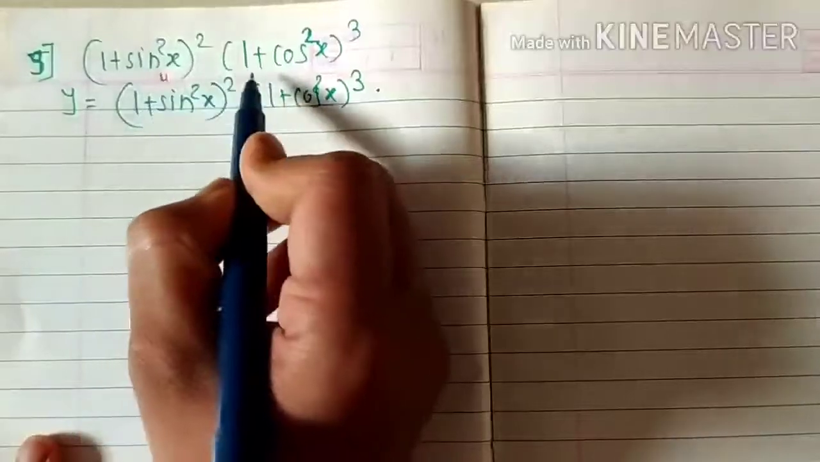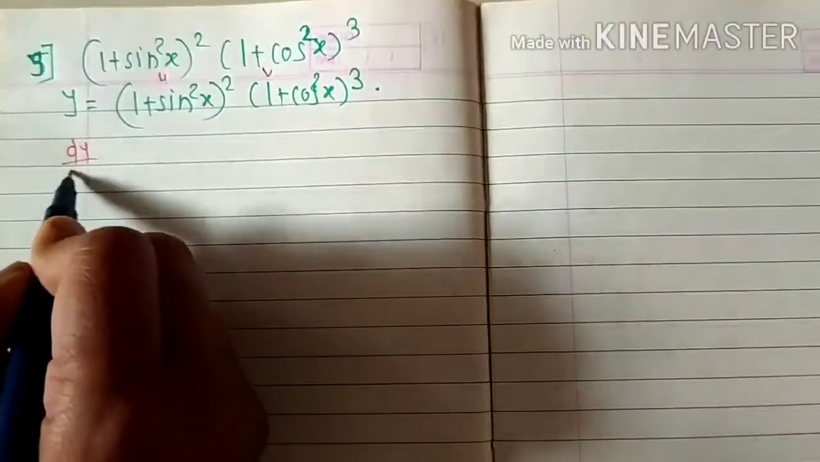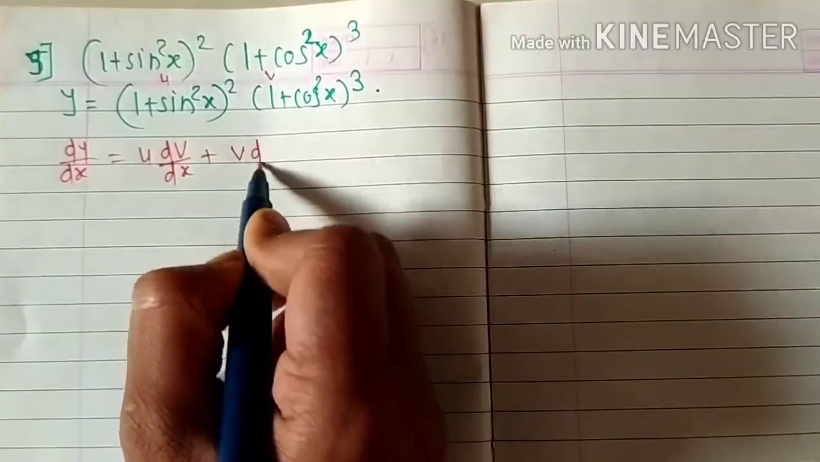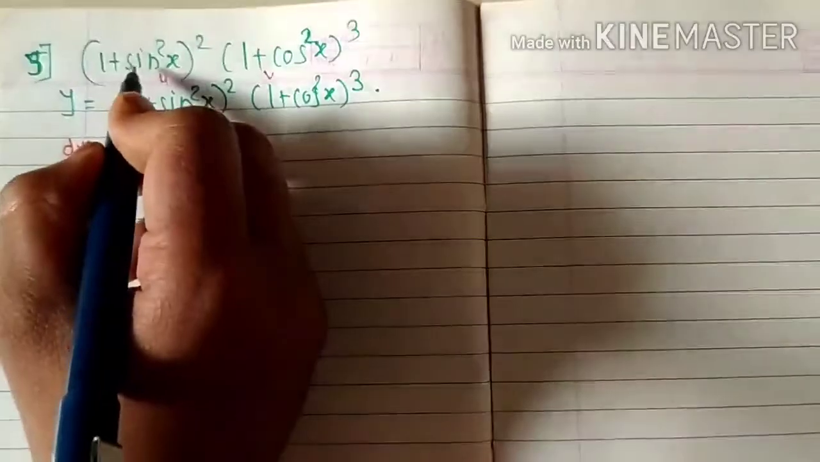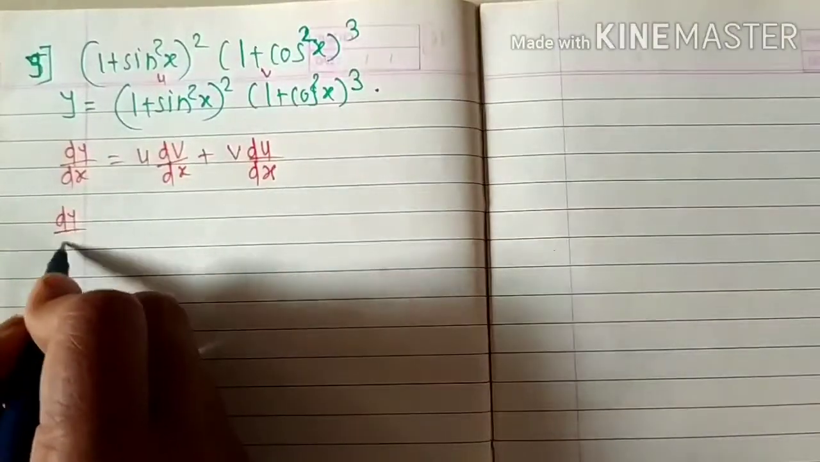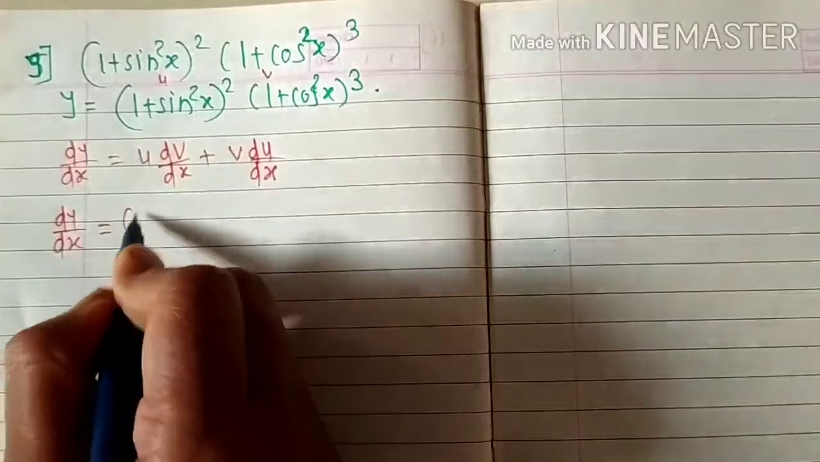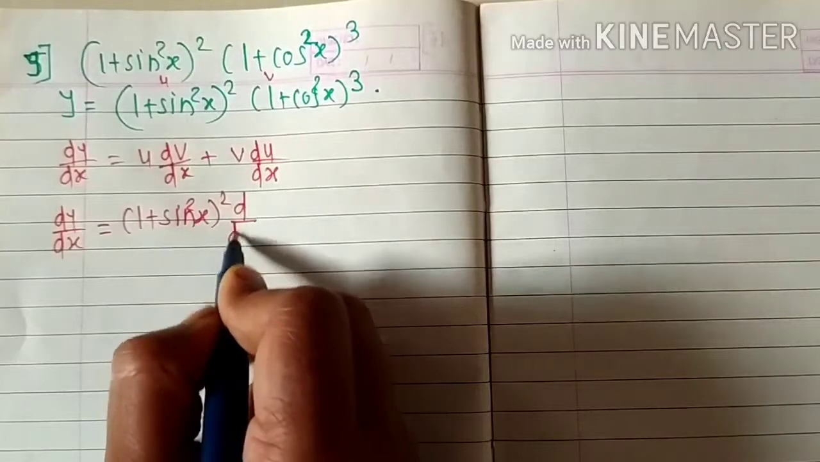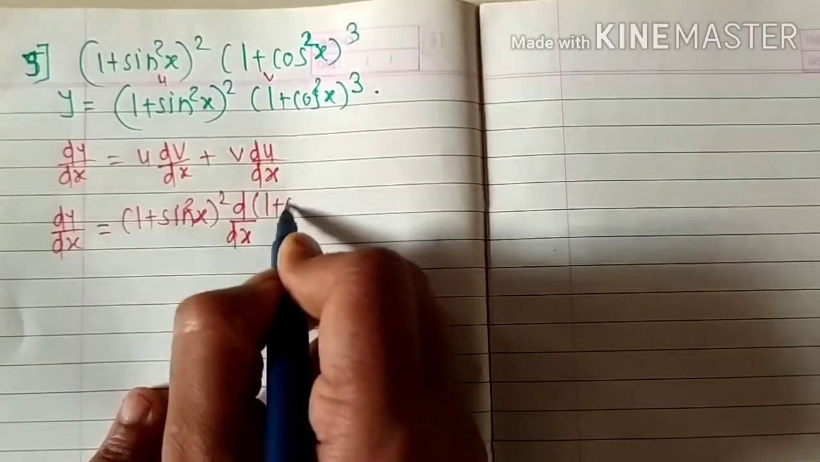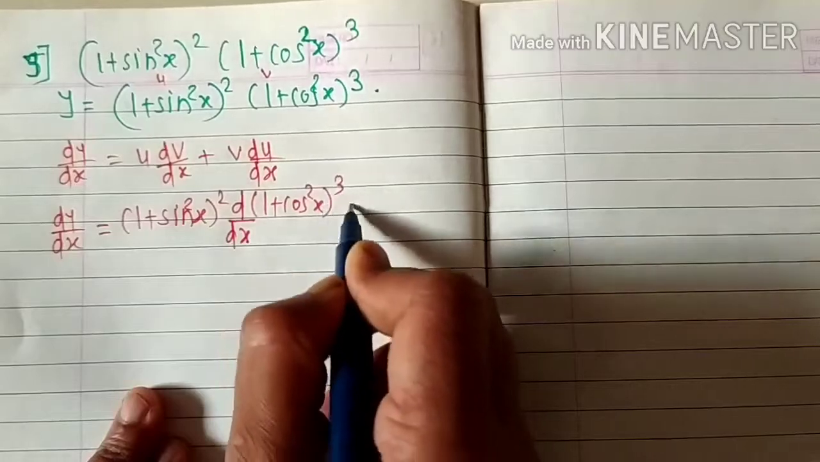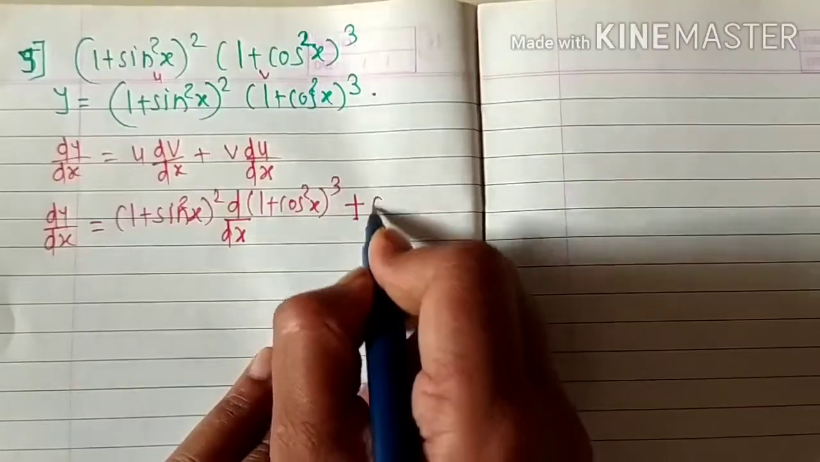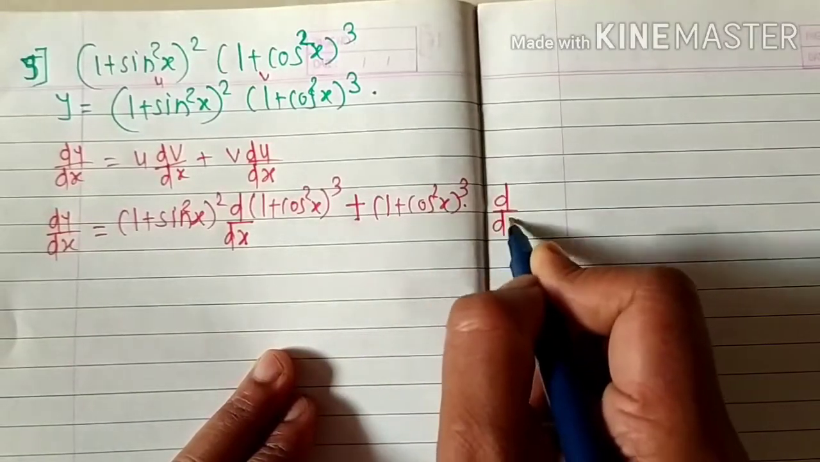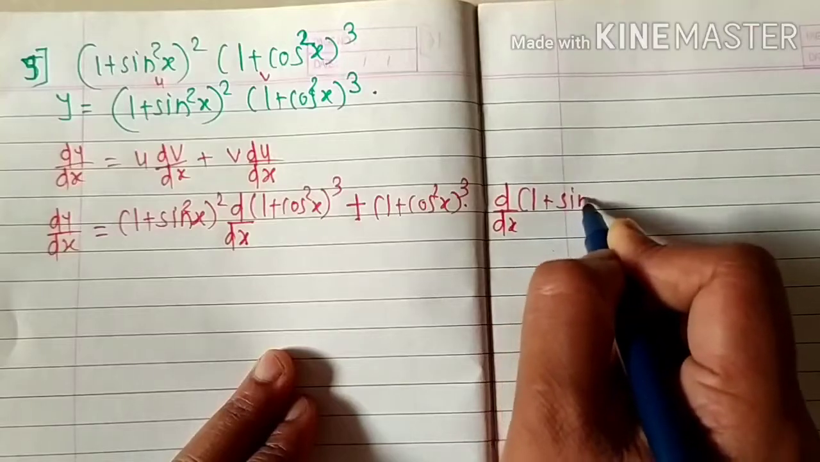Using the product rule, u into v, we get dy by dx is equal to u into dv by dx plus v into du by dx. Then here again it is a composite function, then dy by dx is equal to u, meaning (1 plus sin square x) raised to 2, into d by dx of v, meaning (1 plus cos square x) raised to 3, plus here v is constant, (1 plus cos square x) raised to 3 is constant, into the derivative of (1 plus sin square x)